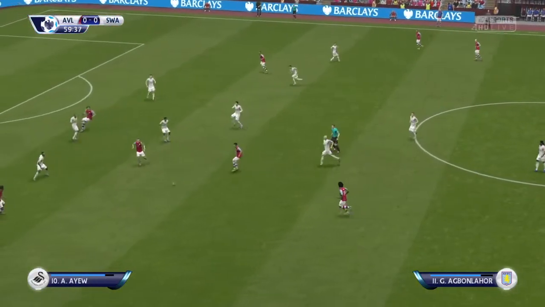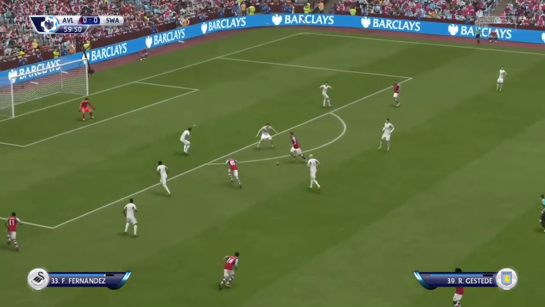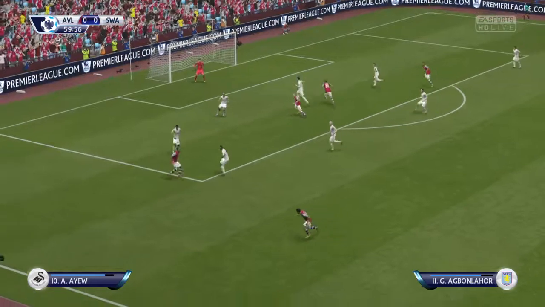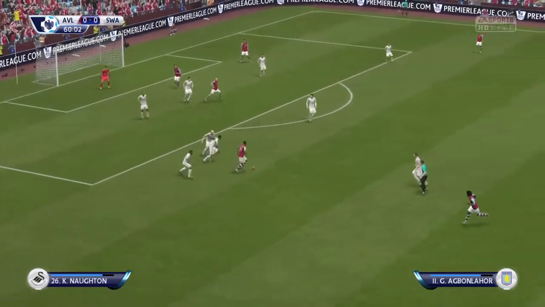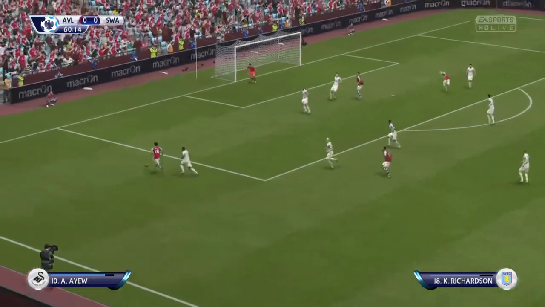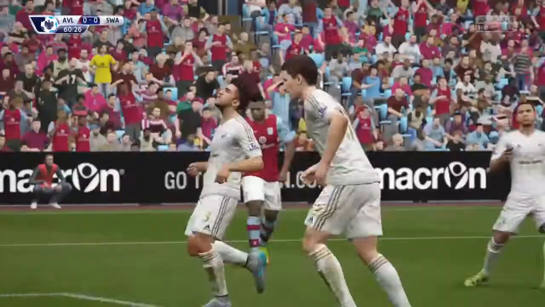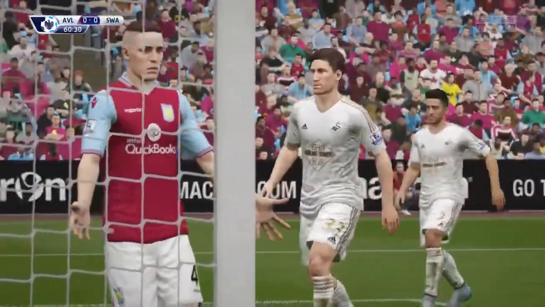Richardson. Gabriel Agbonlahor. Going to cross it. That has cost them, but only a corner. Could have been worse.